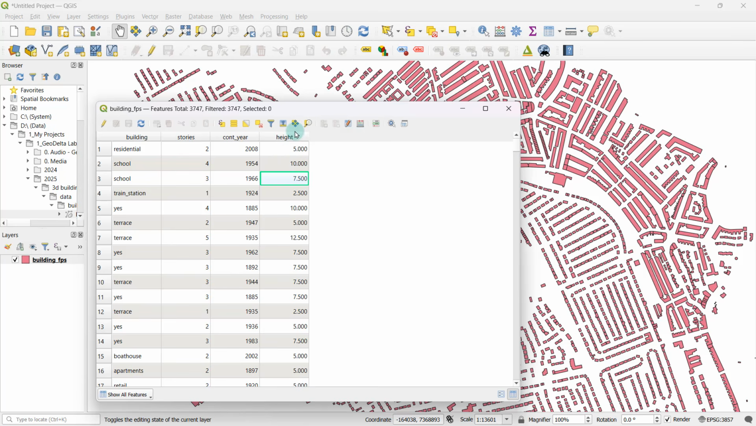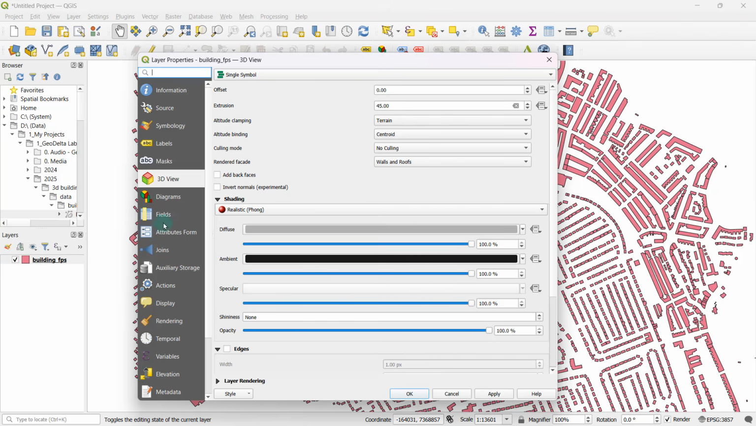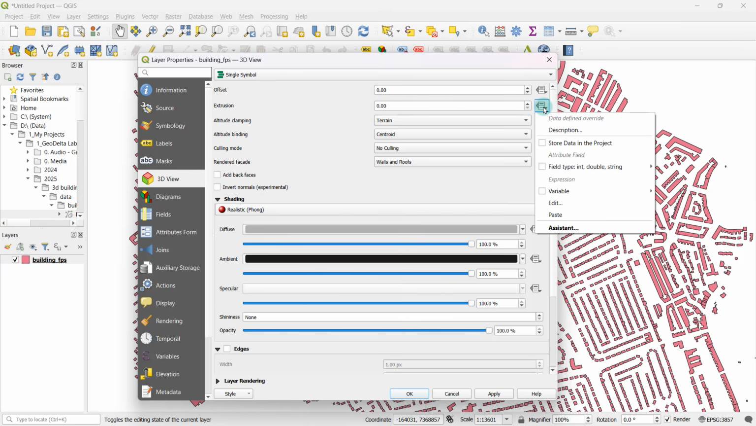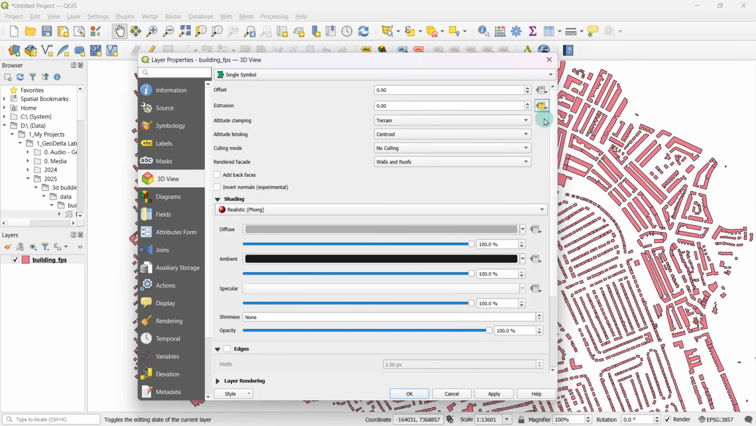So to incorporate this height column, we can again go back to properties, and under 3D view, you'll find this extrusion option. And rather than providing a single value right over here, I'm just going to delete this. I'm going to click on this button right over here, and under field type, I'm going to select the height field that we created. And I'm going to instruct QGIS to use that to get those extrusion values. And now if I click on apply and click OK,